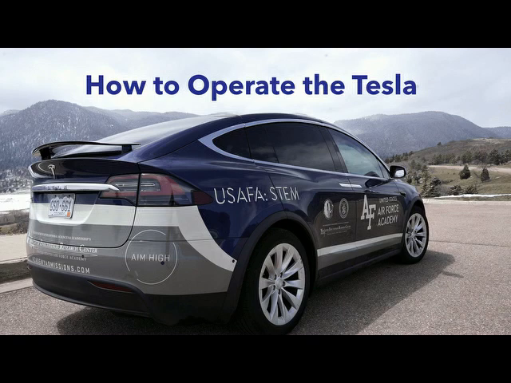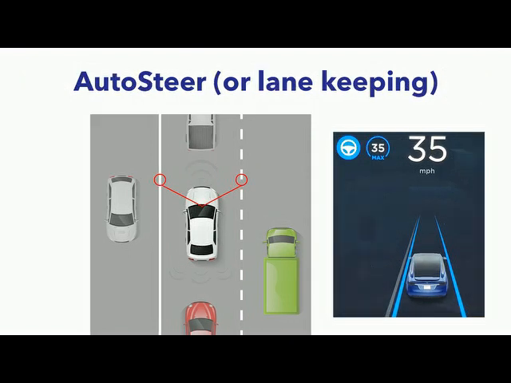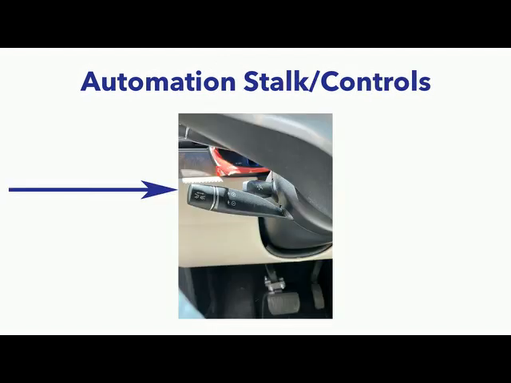Today you'll be engaging with the following features: traffic-aware cruise control, which matches the speed of your car to that of the surrounding traffic; auto steer, which assists in steering within a clearly marked lane; and automatic lane change, which assists in moving to an adjacent lane. The automation features can be found on the stalk to the left of the steering wheel, below the lights and